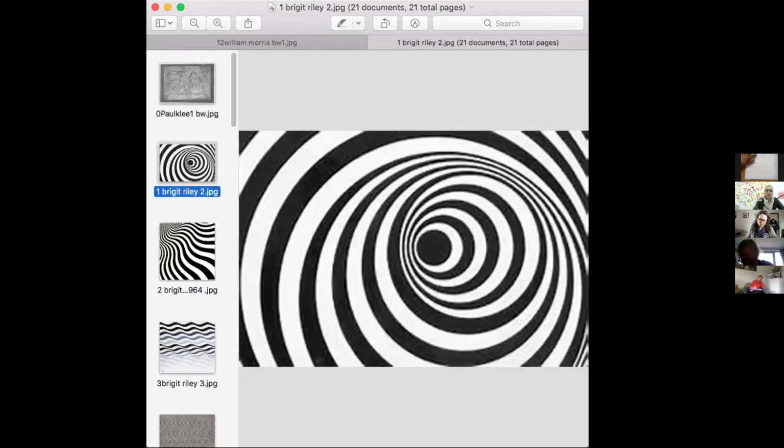So here we've also got an image of Bridget Riley, an abstract artist who used lots of circles in her work, and they almost became like optical images. They kind of played on your eyes.